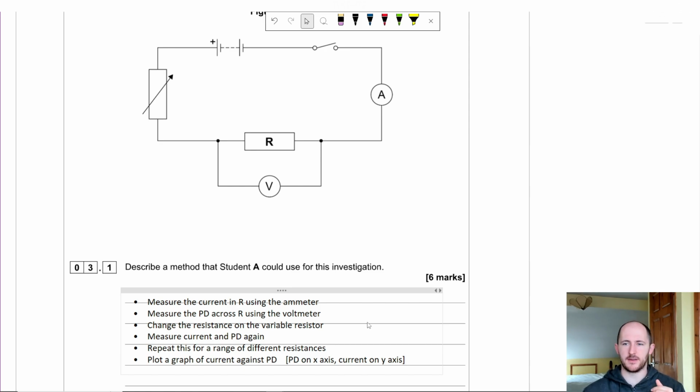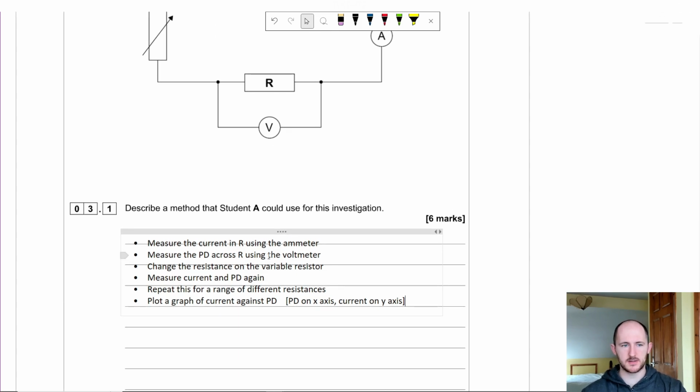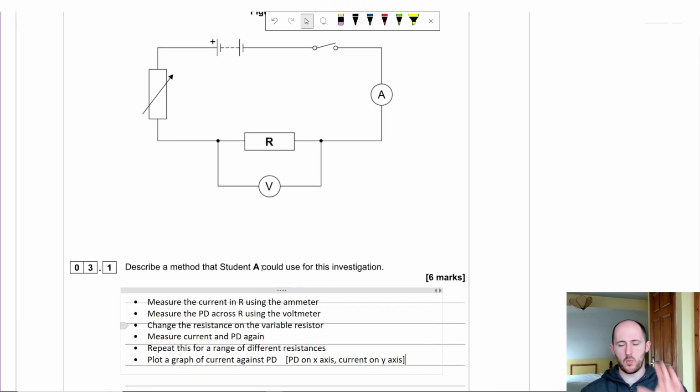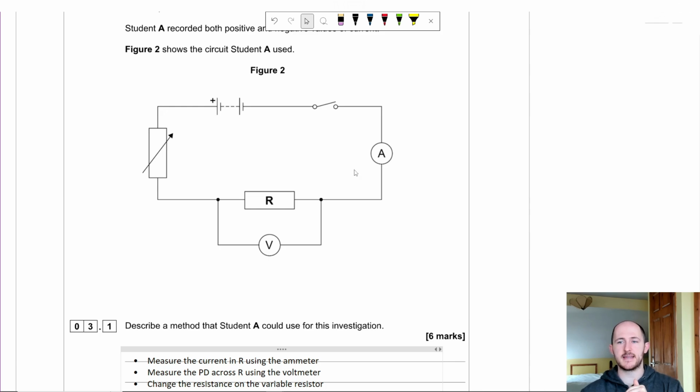So the way I like to think of it is, what am I changing? That's independent. The other thing is the dependent variable. So what am I changing? That's independent. What else am I measuring? That's dependent. That's all you need to really worry about. Now, that would give me 5 marks because you also need to give one way of making the data more